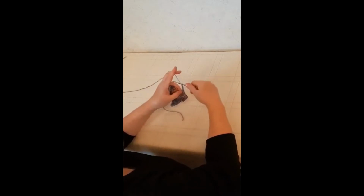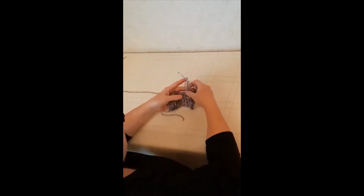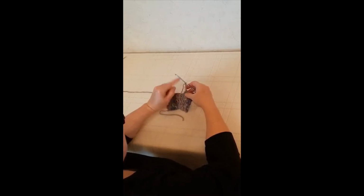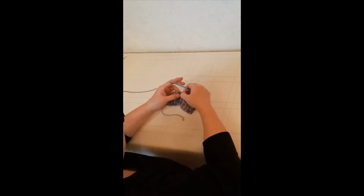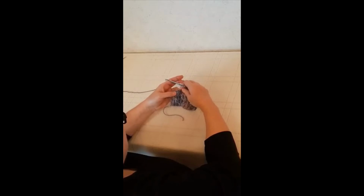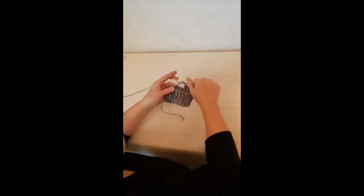1, 2, 3, 4, 5. I'll do 5. You do 10. So you chain 10. Then you count over by 10 stitches. 1, 2, 3, 4, 5. And you keep counting up to 10. In the next one, you do whatever that stitch is. So my next one would be a front post double crochet. And that is what I am going to do here